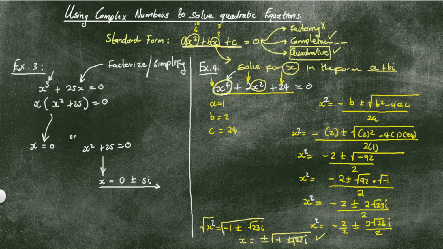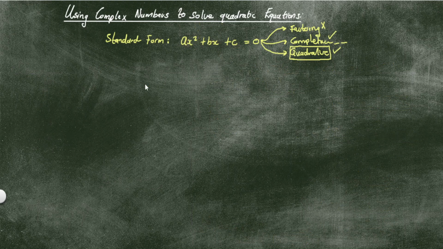Okay, so example 4 is just to show you some of the equations that are a little bit complicated. I'm going to end this lesson here, but I'm going to leave you with problems. I want you to take this and try to solve. Equal to 0, solve for x,